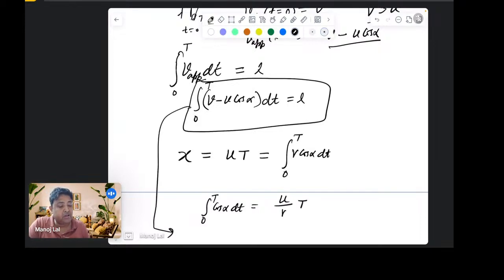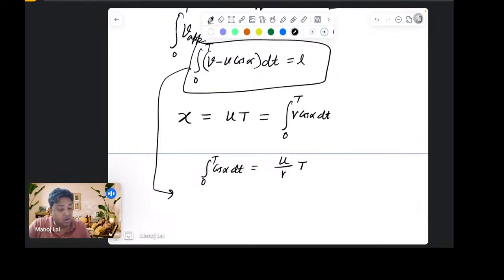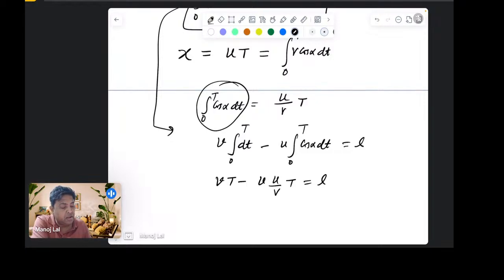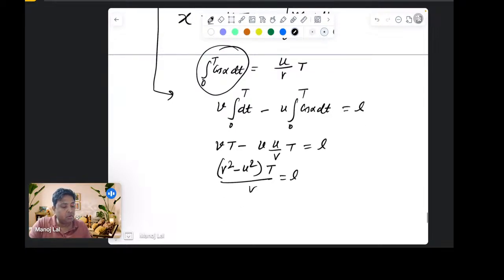इससे हमारा जो इंटीग्रेशन मेन इंटीग्रेशन में सॉल्व करना है, इसे हम सॉल्व करेंगे तो क्या हो जाएगा v इंटीग्रल dt 0 to t माइनस u 0 to t cos अल्फा dt इज इक्वल टू l, और ये हो जाएगा v t माइनस u, इसकी वैल्यू u बाई v इंटू t इज इक्वल टू l। तो क्या हो जाएगा ये (v स्क्वायर माइनस u स्क्वायर) t बाई v इज इक्वल टू l, तो t इज इक्वल टू l v बाई (v स्क्वायर माइनस u स्क्वायर)।